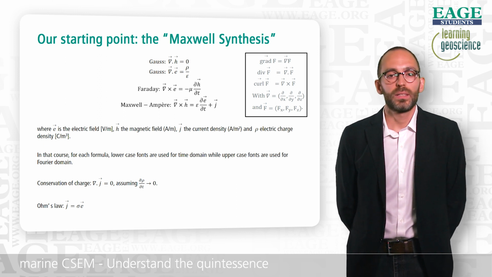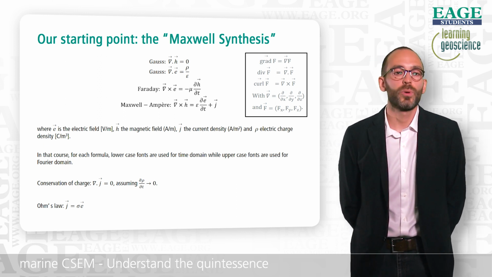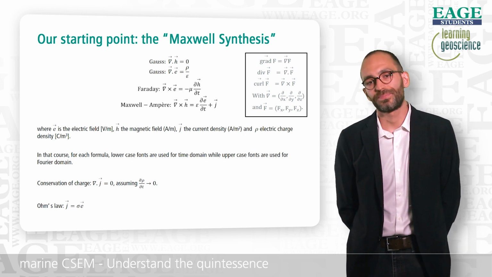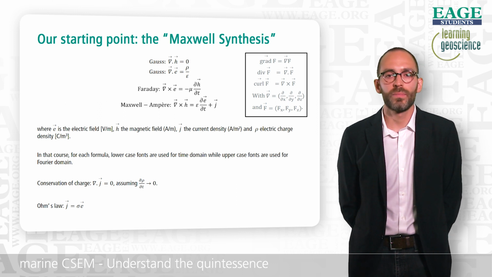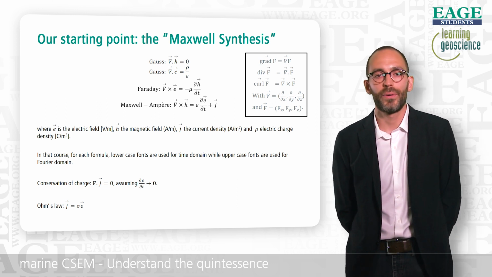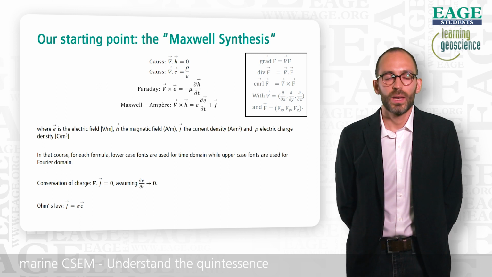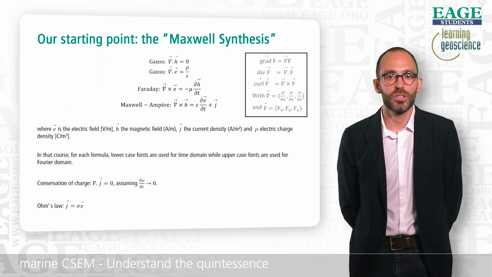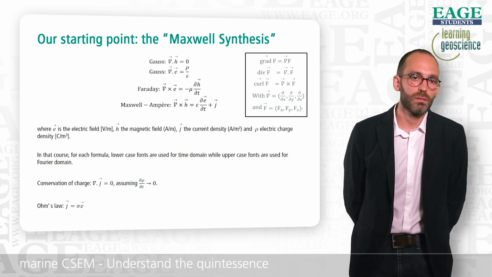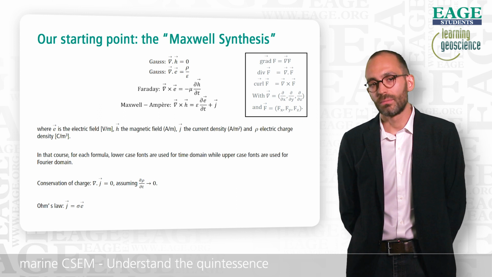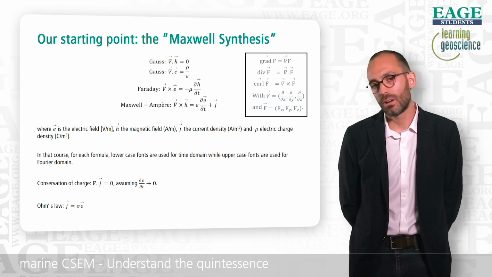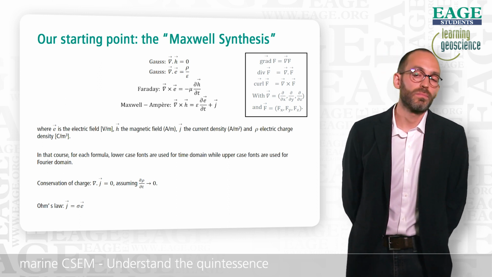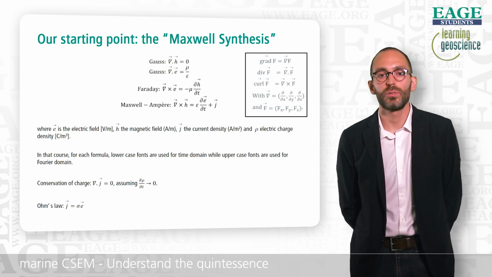Then you have here on that slide the conservation of the charge, which brings the divergence of the current flow equal to 0. It comes first from the divergence of the Maxwell-Ampere equation, with the fact that the variation in time of the electric charge density is approximated to be 0, because a free charge gets bounded very fast with subsurface materials we are used to meet with